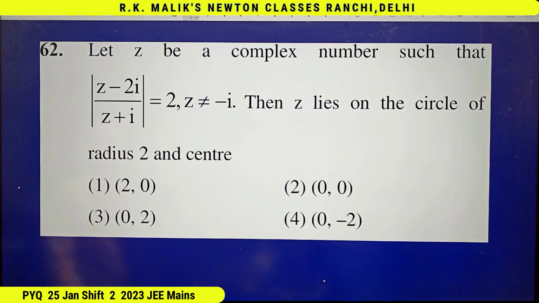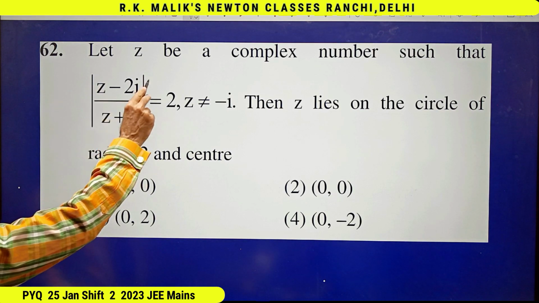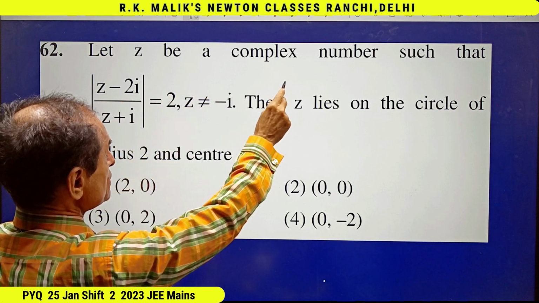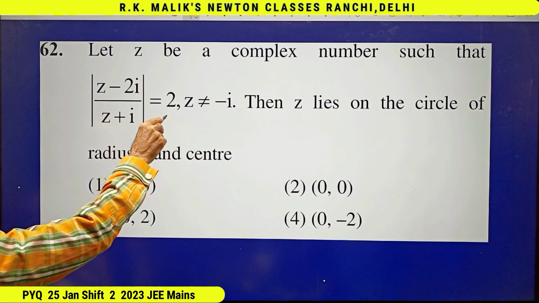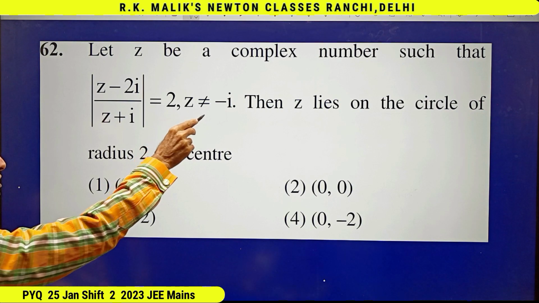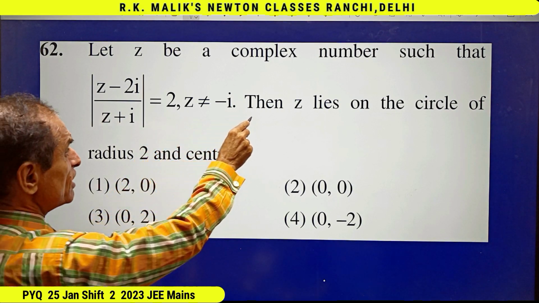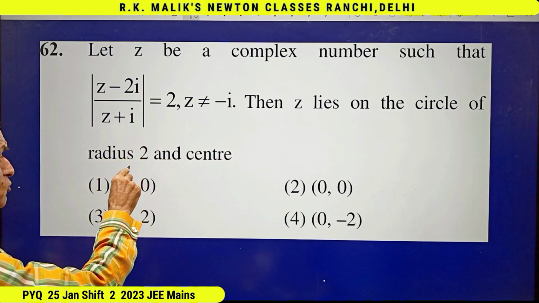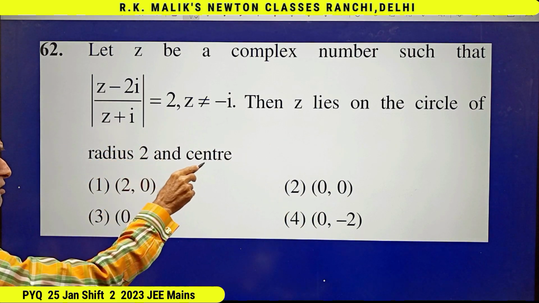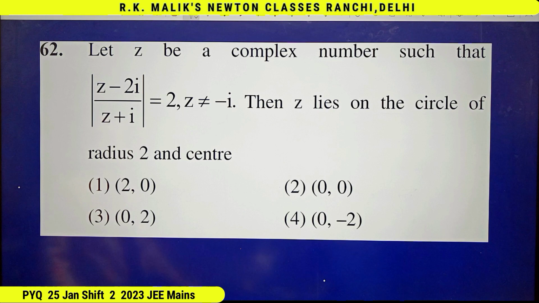In this question, it is given that let z be a complex number such that mod of (z minus 2i upon z plus i) is equal to 2 and z is not equal to minus i, then z lies on the circle of radius 2 and center. You have to find the correct choice. This question can be done by supposing